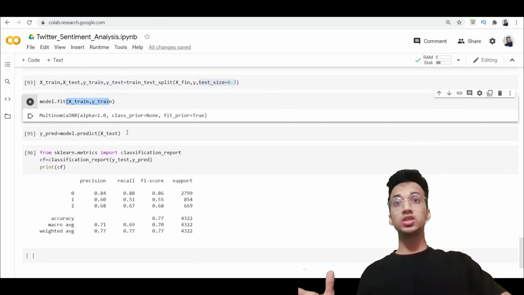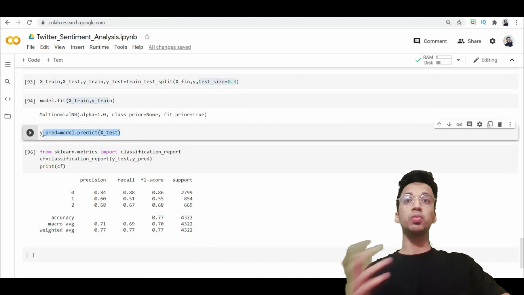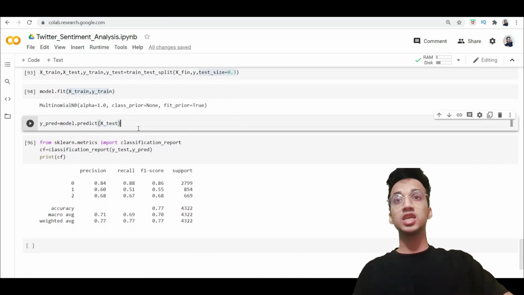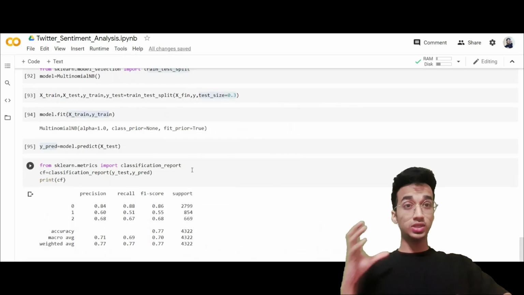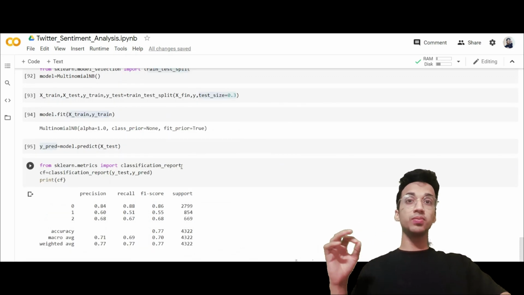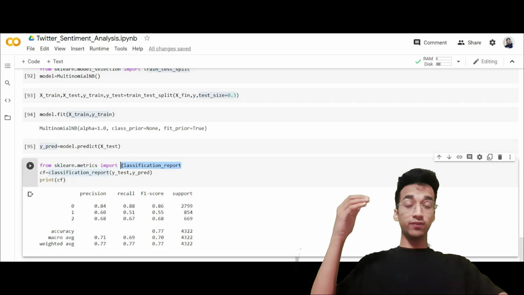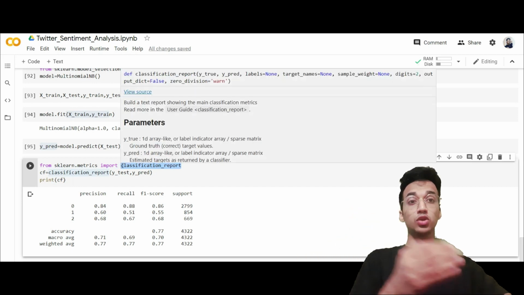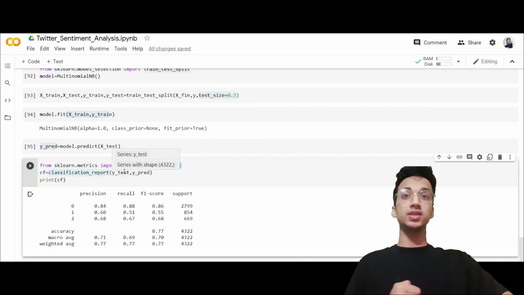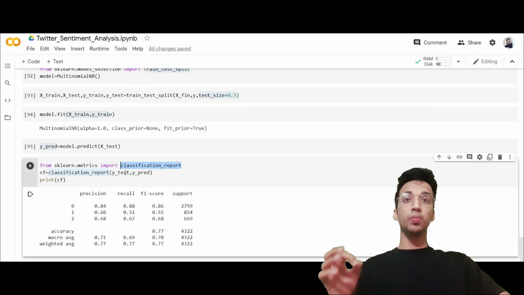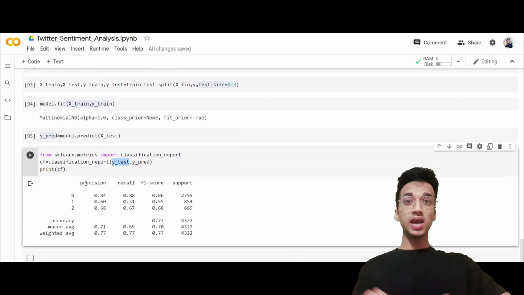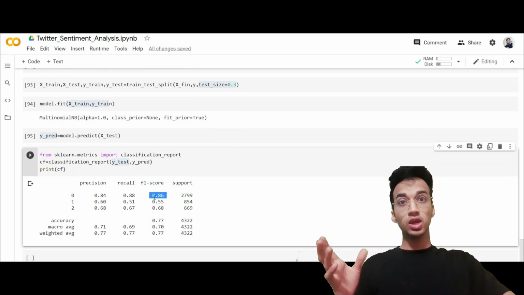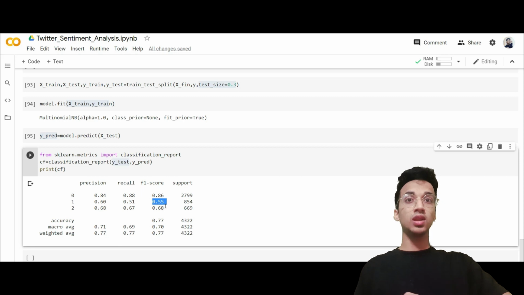Once your model is trained, you can make predictions using model.predict, and all the predictions have been stored in y_pred. Now to check the accuracy of the model, we call the classification_report, which gives you different parameters like precision, recall, F1 score, everything about your dataset. You simply have to supply your predictions and the actual test values, and you can see the results over here. I've made a separate video explaining what precision and recall are, so I'm not going to do that in this video. You can simply look at the F1 score to get a rough idea about your model